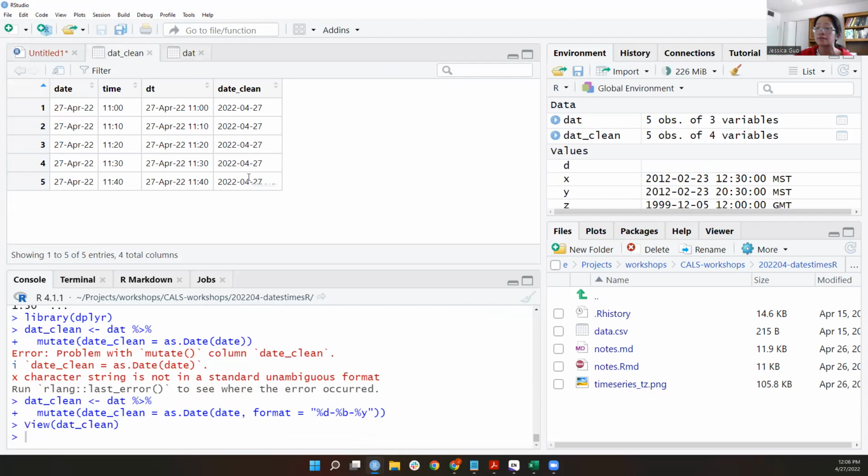Okay, and then I want DT here, a character string. And I have a character string input. So which function